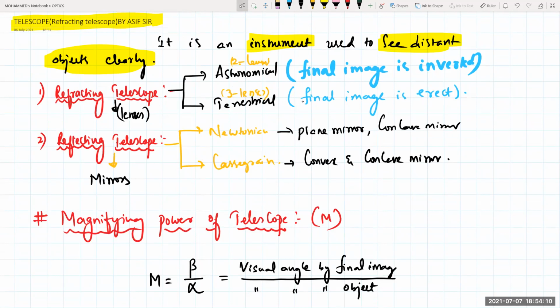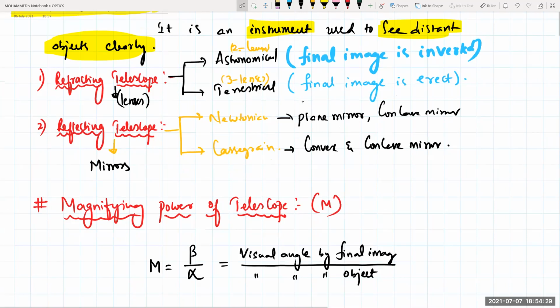In the astronomical telescope the image is inverted, right? In order to make it erect, we'll be using the third lens. Just remember that condition so that the final image forms according to the relation. But anyhow you can do it in your IP part, so I'm not going into much depth on that.